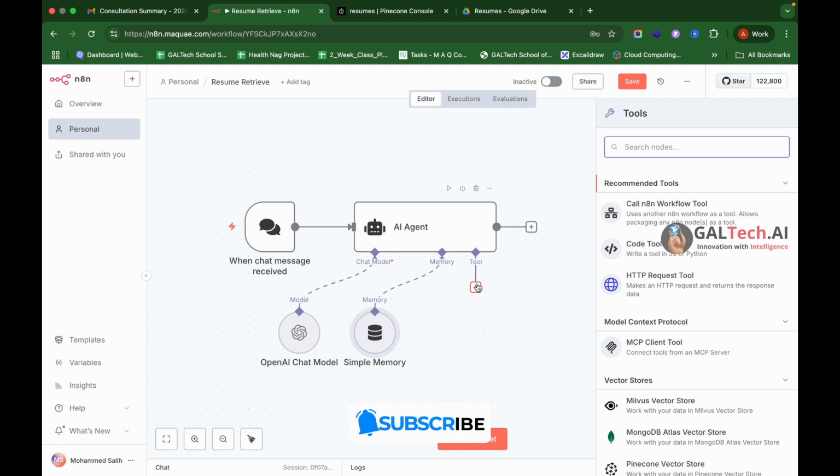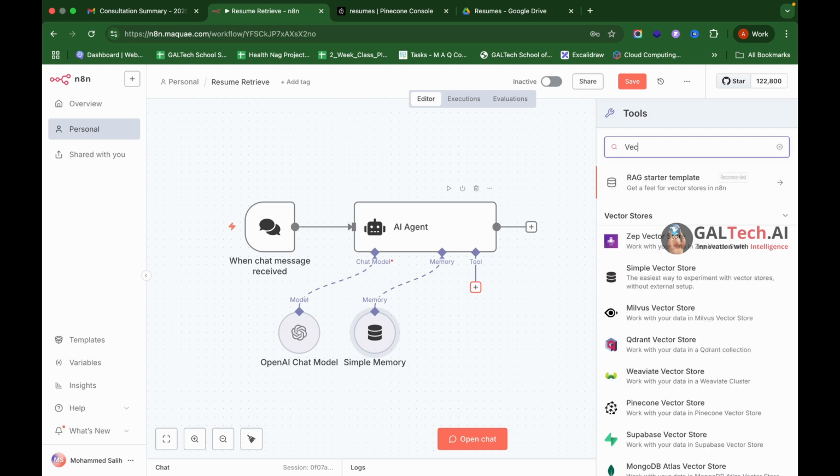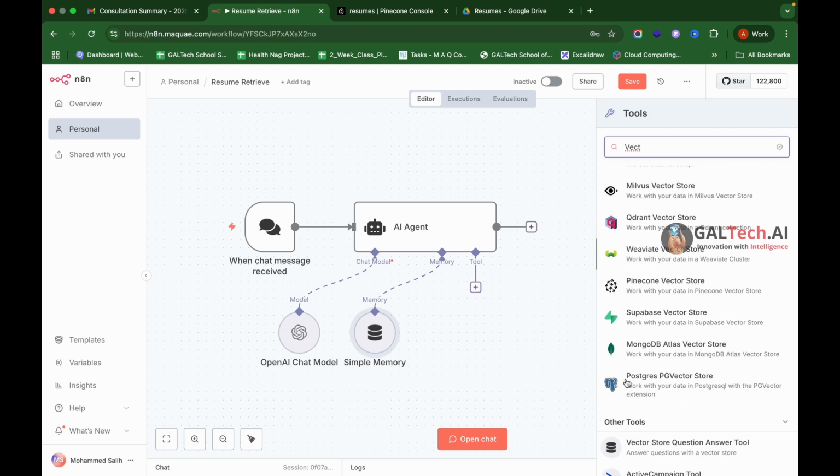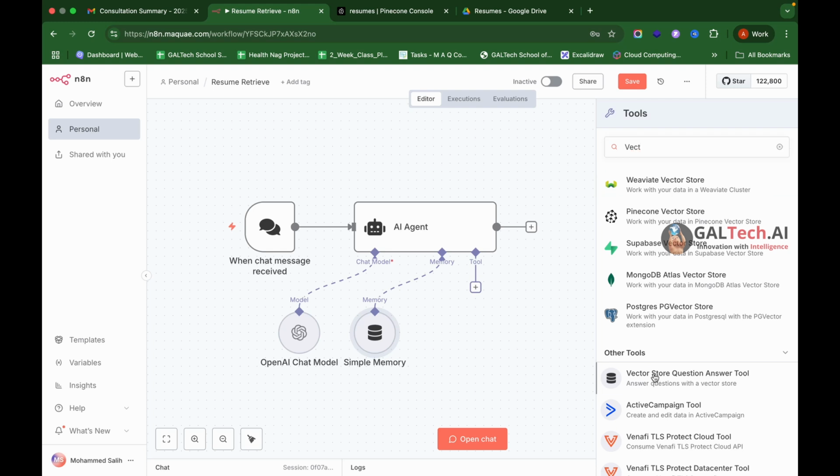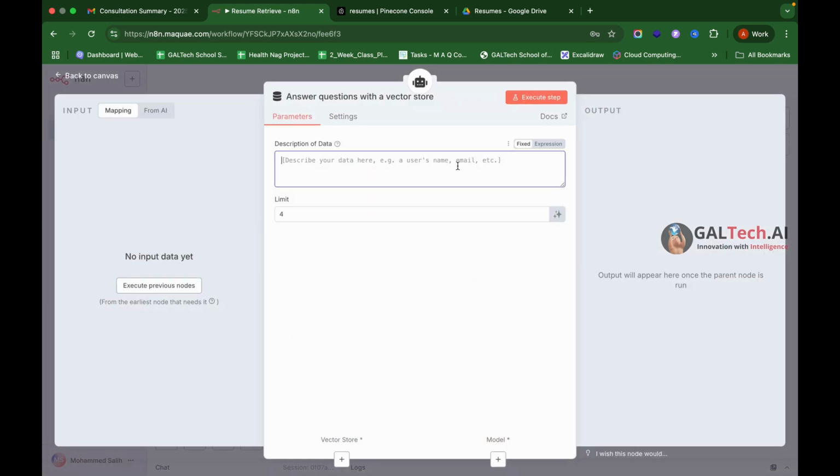Now next, here in the tools, we need to add a vector store question answer tool, and here we have to describe what it is: use this tool to get any information that the user asks.